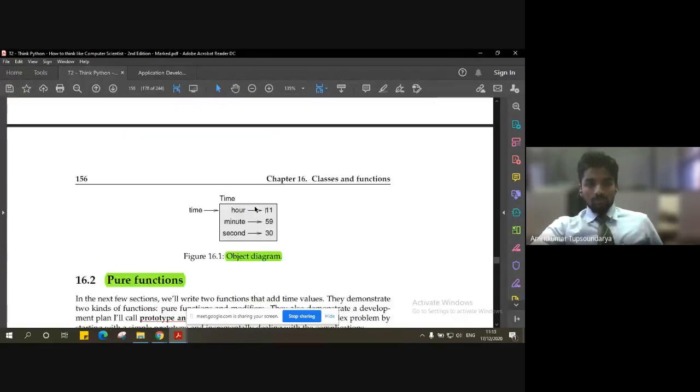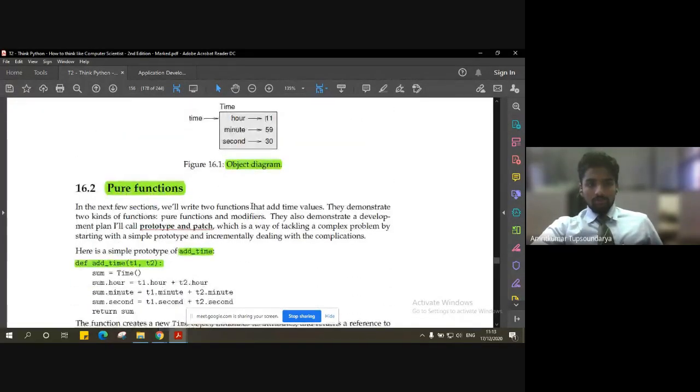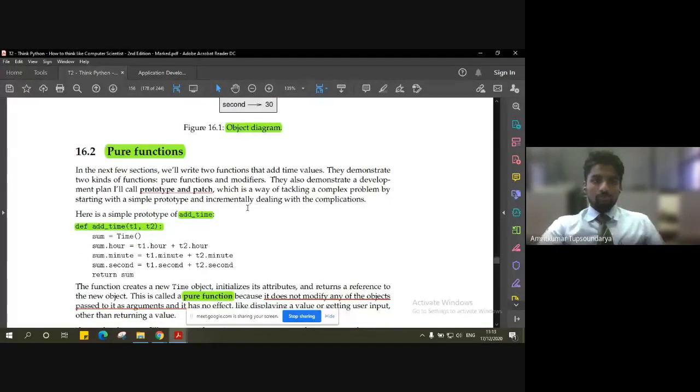In order to perform these operations, we have to understand a few things: there are two types of functions that we'll be discussing here in this chapter on classes and functions, that is pure functions and modifiers. What are pure functions and what are modifiers? As the name suggests, a pure function is pure. It doesn't make any changes.